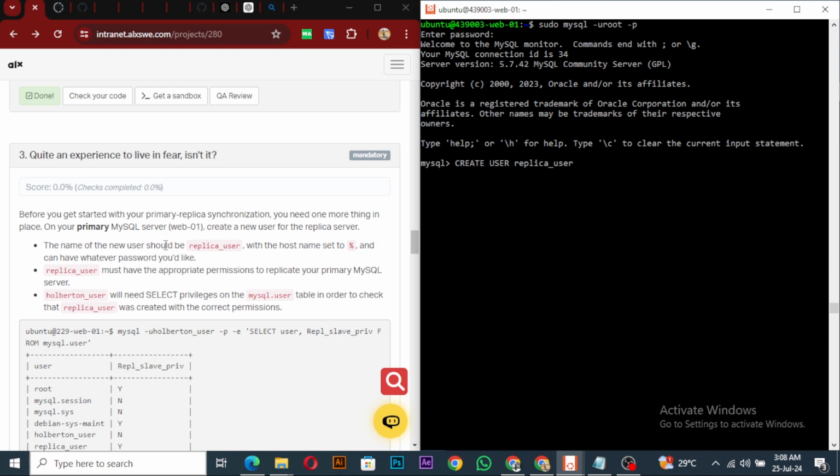So name of the user is replica_user, the host name, the IP address will be set to percentage. I think that's this. What else am I missing? Okay, create user replica_user, and